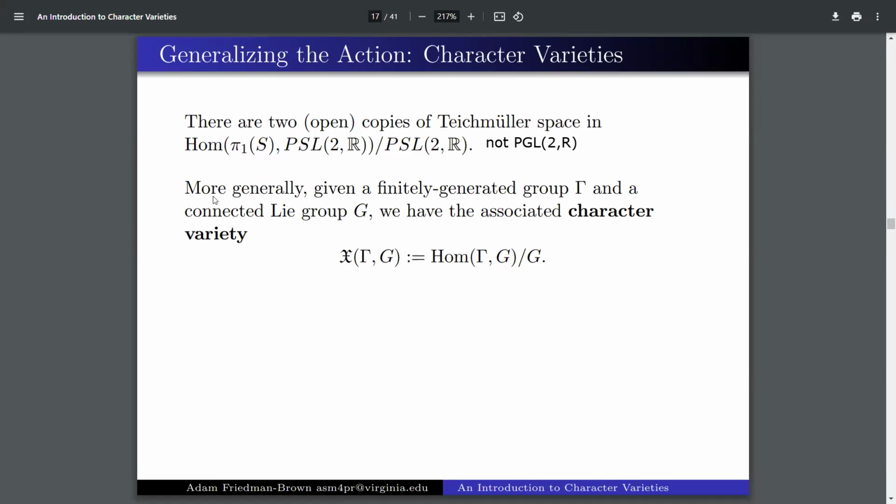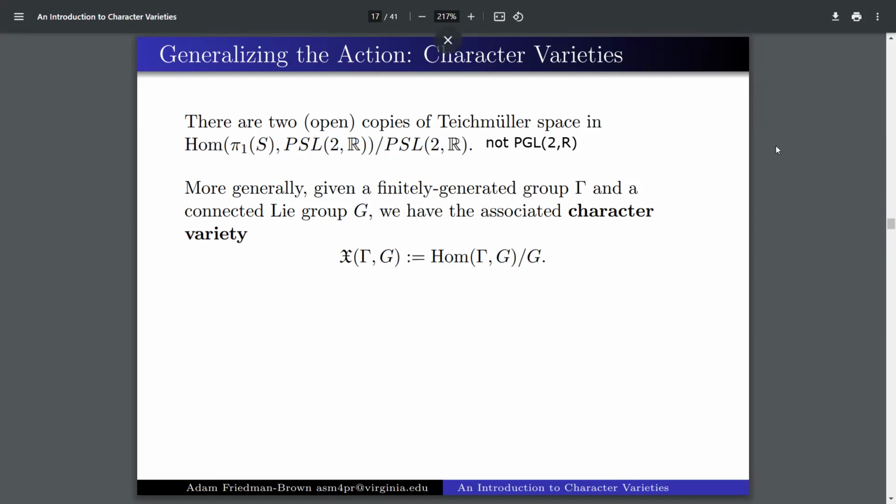Well, we can talk about this more general space, with PSL2R being here, PSL2R being there. If we have some finitely generated group gamma and some connected Lie group G, which is a space that is both a group and also a smooth manifold such that the multiplication map and the inverse map are smooth, given those two things, we have an associated character variety, which is all homomorphisms from gamma to G, mod G,